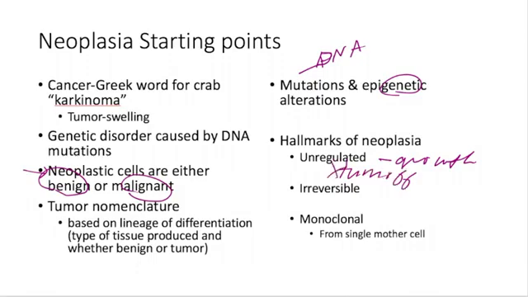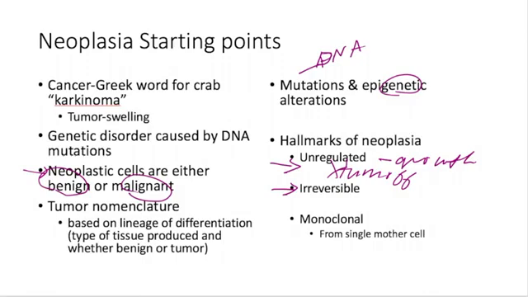A hallmark of neoplasia is that it is unregulated growth, meaning that there is no turn off. Remember how we said in cellular biology, pretty much everything that can be turned on needs to be able to be turned off. It is also irreversible. Once we progress into a cancerous process, it is irreversible. We talked a little bit about cellular injury with metaplasia and dysplasia. Remember, it is reversible if we catch it in those early stages, but once we get into carcinogenesis, it is irreversible.